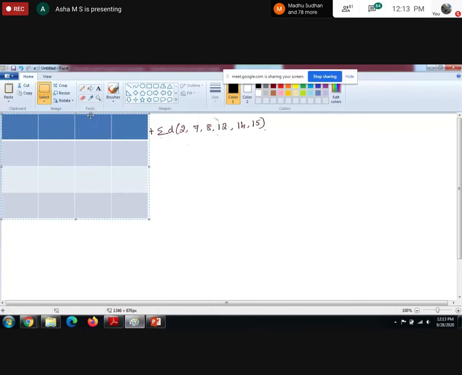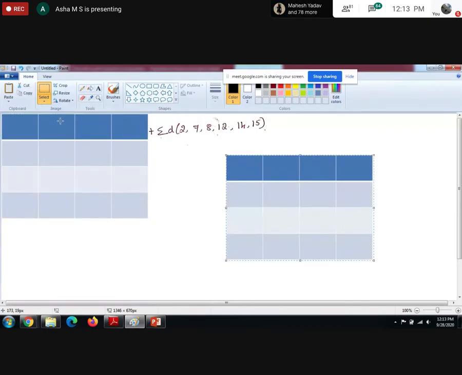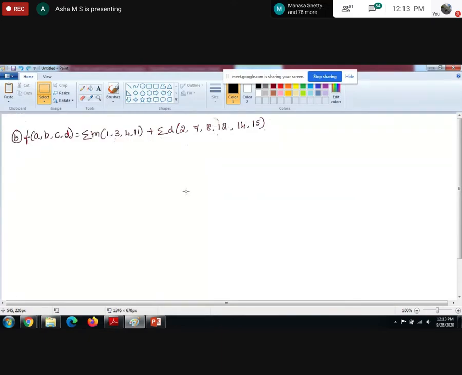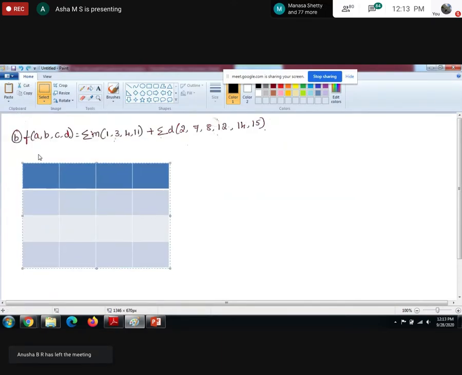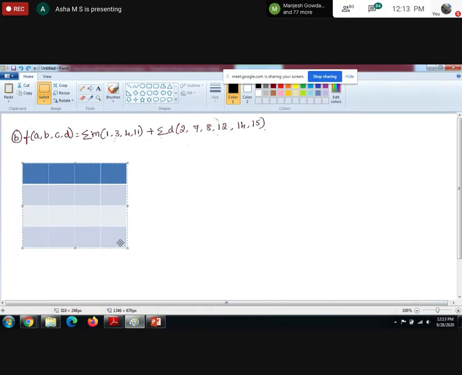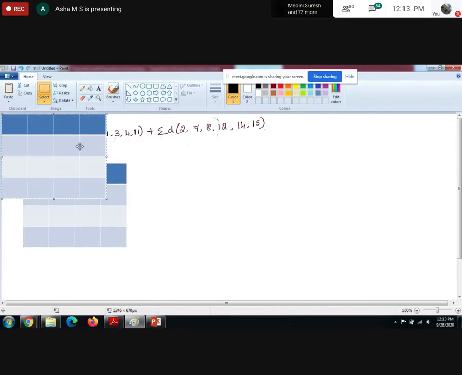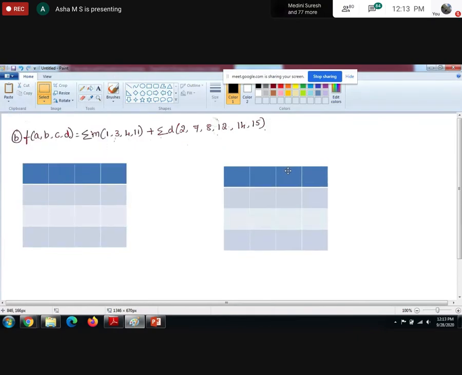You people do one thing. Take a pic and WhatsApp me. Don't give the answer along with the K-map. Take a pic and WhatsApp me. I want everyone to solve.